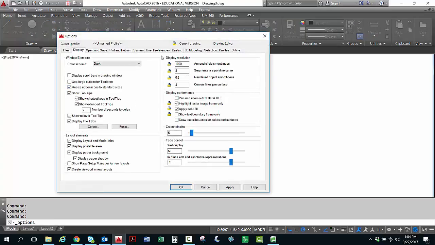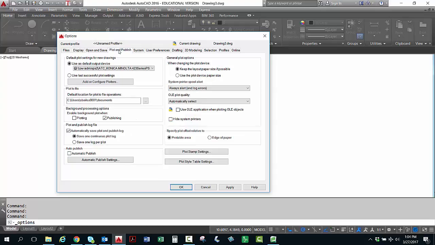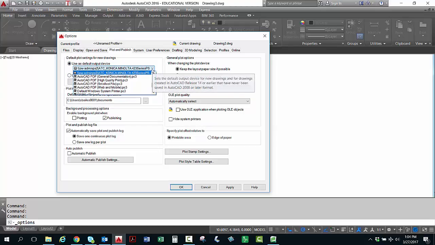and in here we go to plot and publish, and under there the default plot settings for new drawings. Use as default output device. I want to change that to a